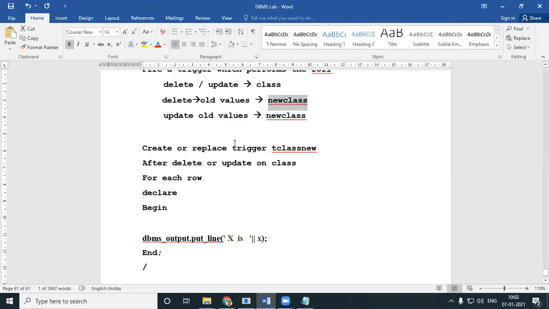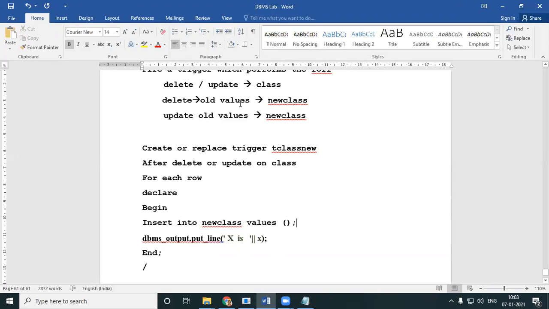Now, what are they telling me? If I'm deleting, put it into my new class. If I'm updating, put it into my new class. Now, how do I insert values into my table? Insert into new class values. What values should I put in?